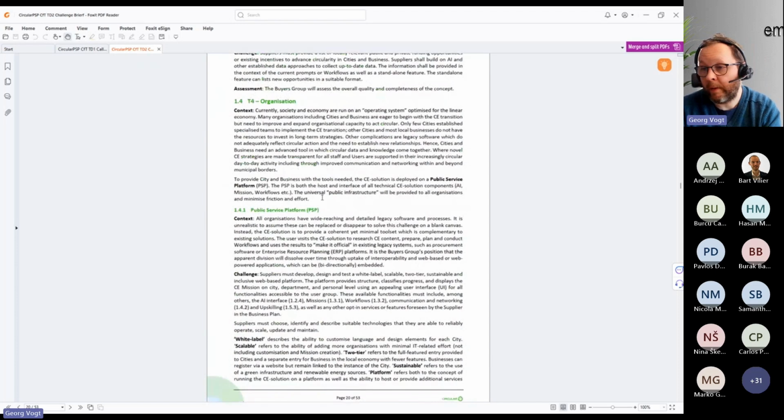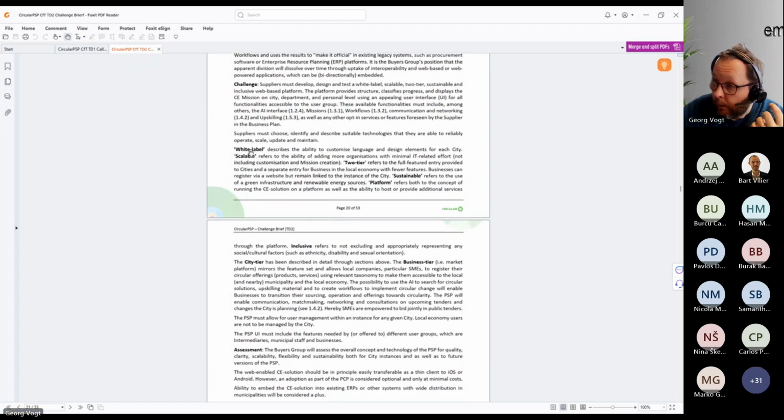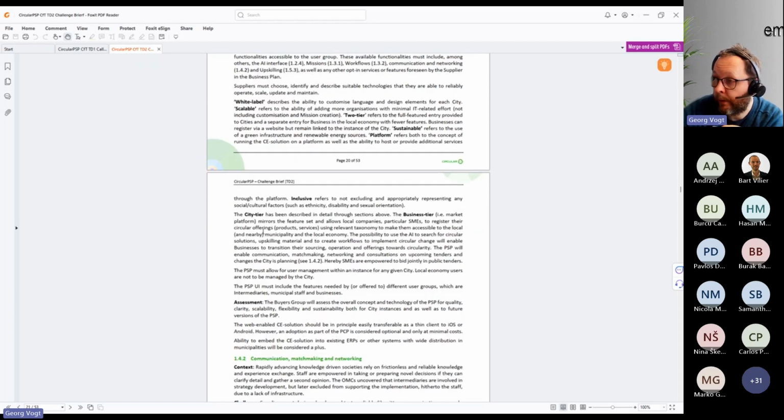Organization. This is basically where everything comes together, the platform. So the platform, white label, means that every city should be able to brand it, because it will present itself to the users as something which is within the city. Scalable means that within the city, it can be 5 users or 500 users, depending on the size of the city, but also that you can add many cities along the line. Two-tier refers to it being first a city solution, but also providing services to local businesses. Sustainable, that is as green as possible. Platform, it's a platform